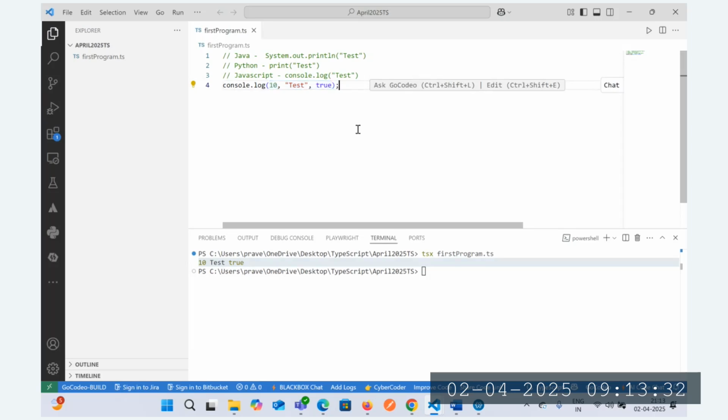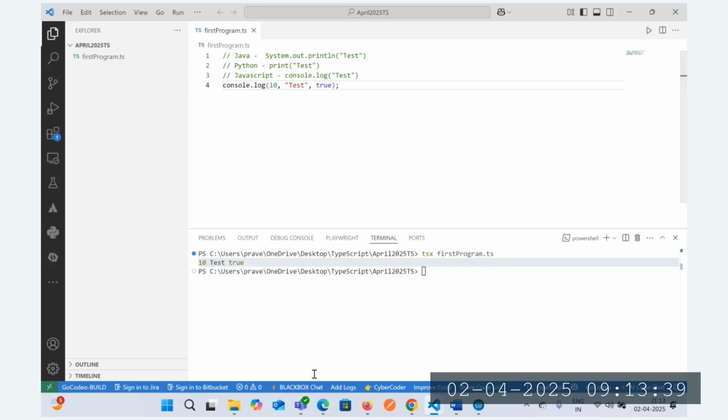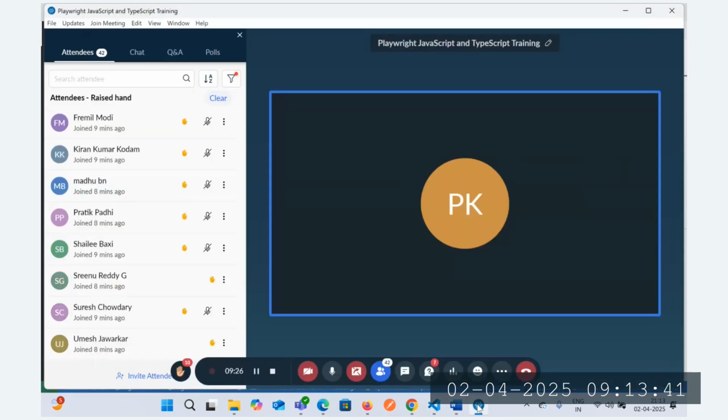Okay, so that's the thing that we have over here in terms of printing the value on the console. Just give me a minute. So here we have